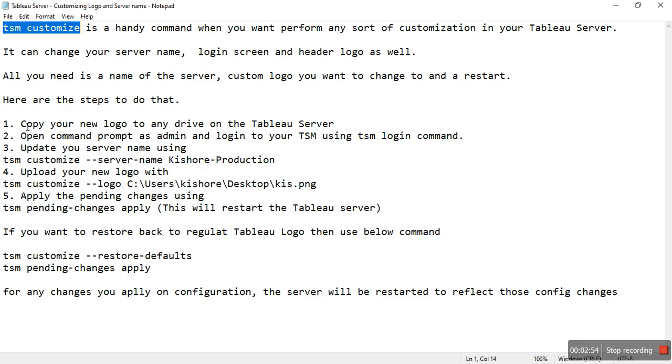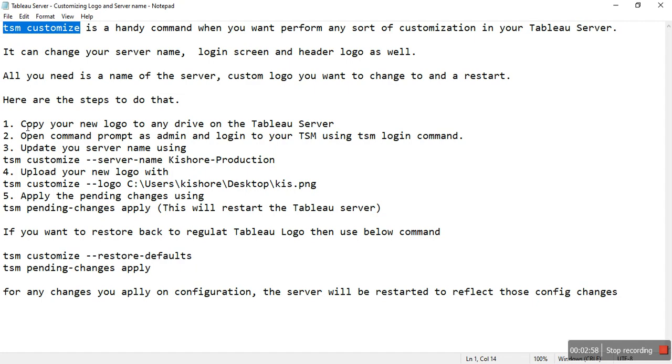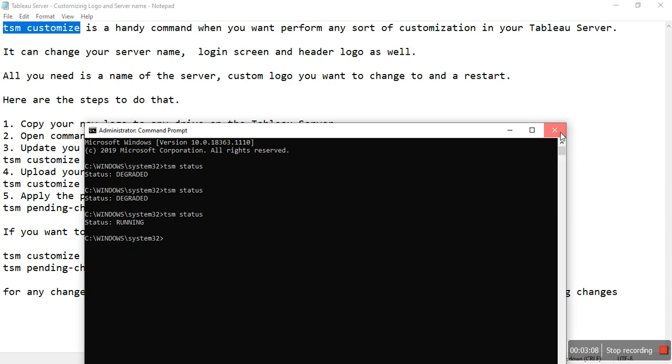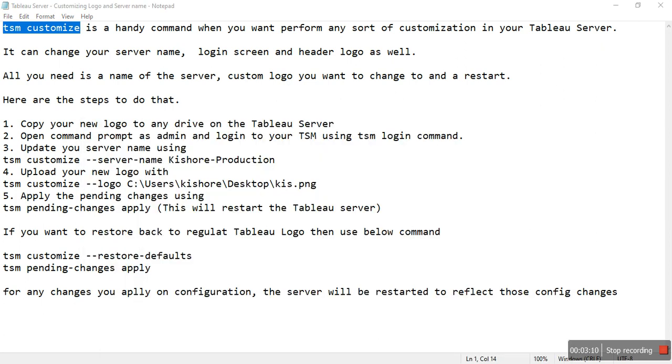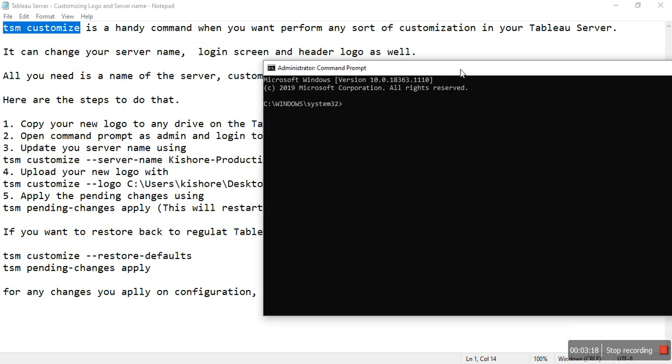In my case, I'm running my Tableau server on my C drive, so I have copied the logo to my C drive desktop folder. Then you have to open a command prompt with admin privileges. Let me open the command prompt, run as administrator.